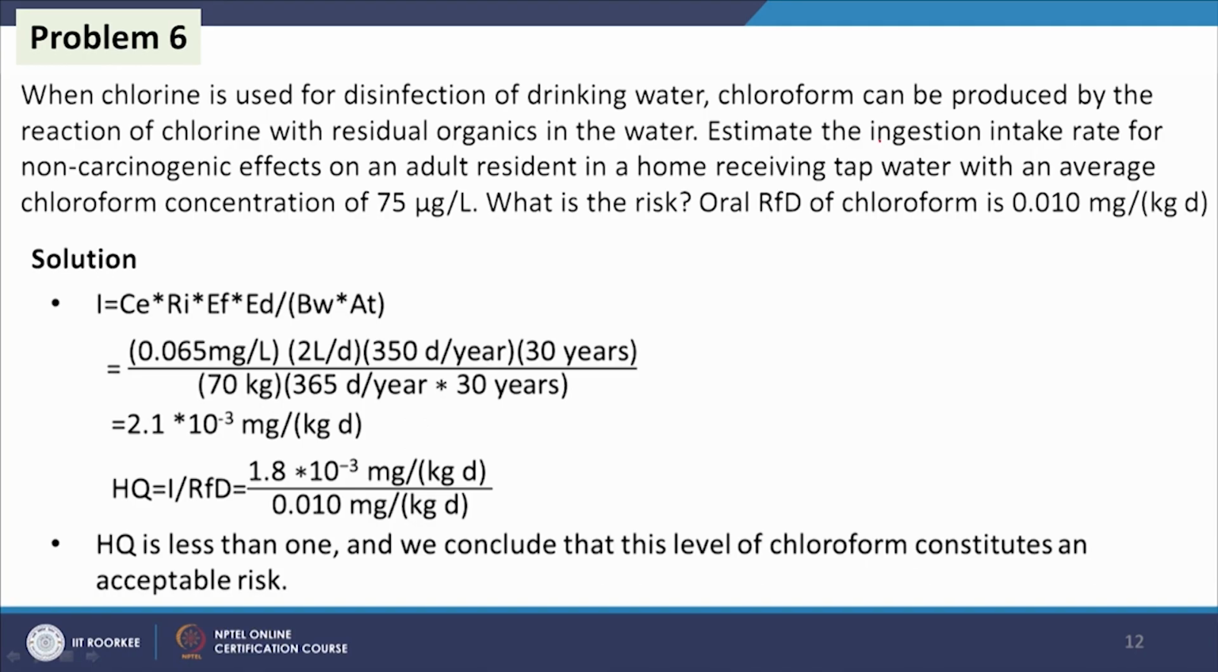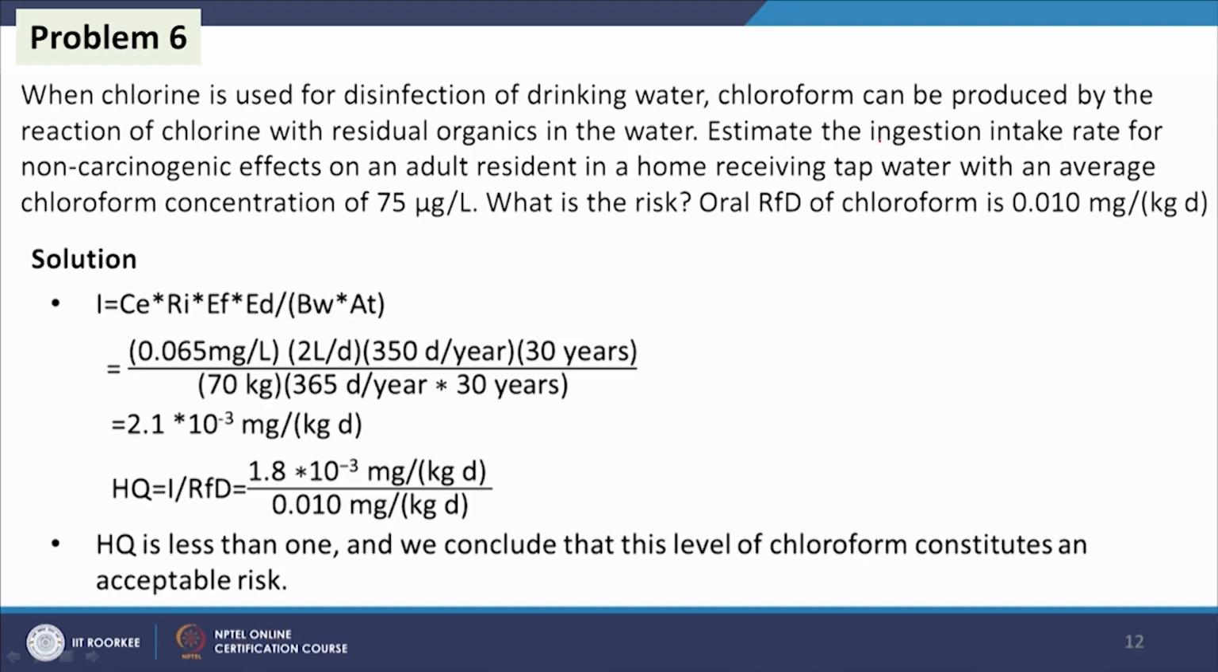Now, we will find out these values and put them here to get the value of I, which is the ingestion intake, and here C is the concentration. So, 0.065 mg per liter. Then the intake: the per day water intake is 2 liters per day, that is R I, and E f is the frequency, 350 days per year, and then the duration is 30 years,